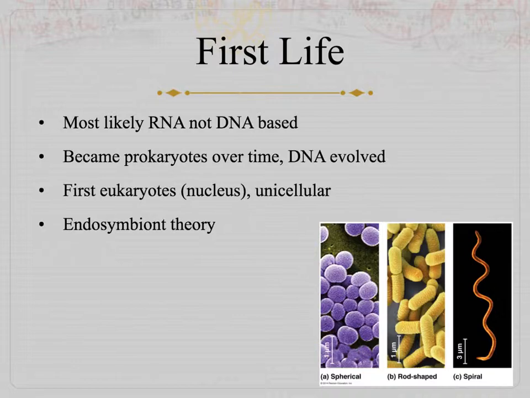That first life were the prokaryotes, and then came the first eukaryotes, the ones that had a nucleus, but they were unicellular eukaryotes. We would know these today as the protists. So the unicellular eukaryotes were formed by something that we think is called the endosymbiont theory. I'm going to show you a slide of that in just a second. But right over here